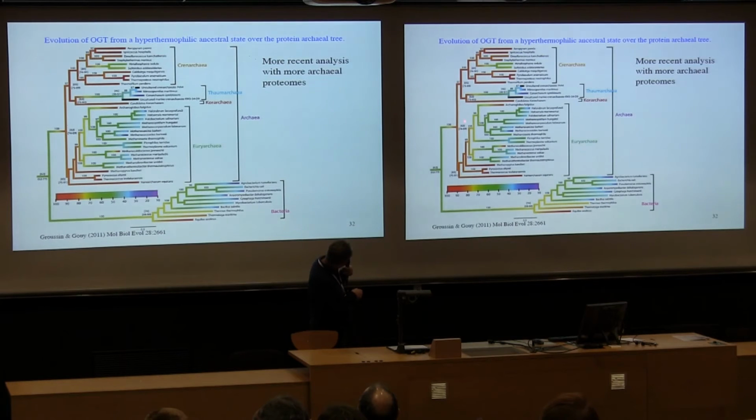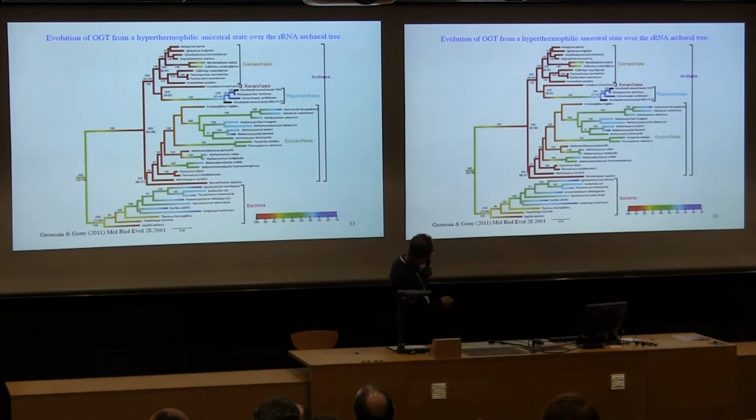Thermophilic state for the ancestor of this domain, and also for the ancestor of the bacterial domain, and the mesophilic state for their last common ancestor. And this we can do again on the protein tree I showed before, and on the nucleotide sequence tree I show here. So again, we have the same general feature that emerges.